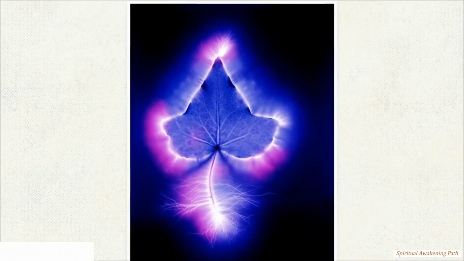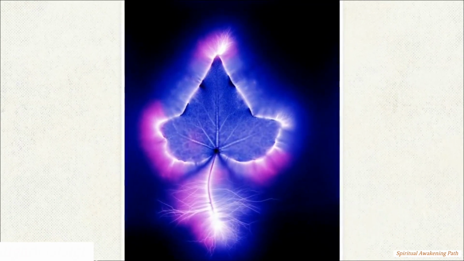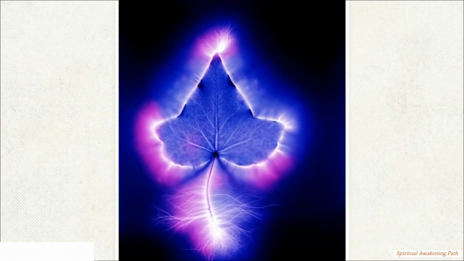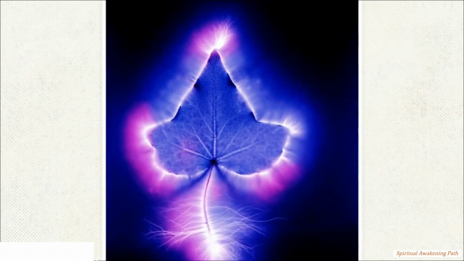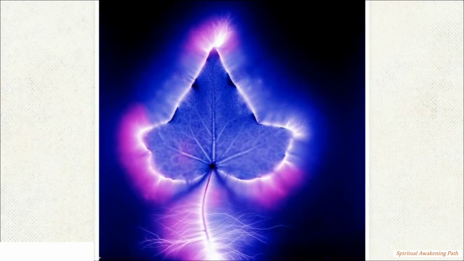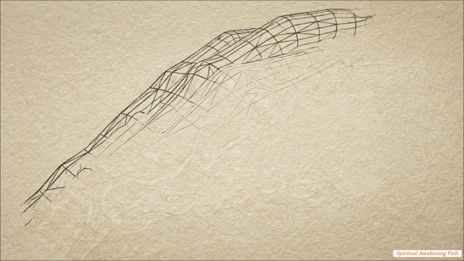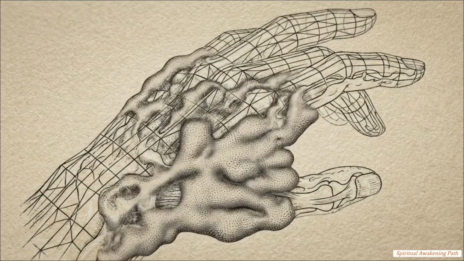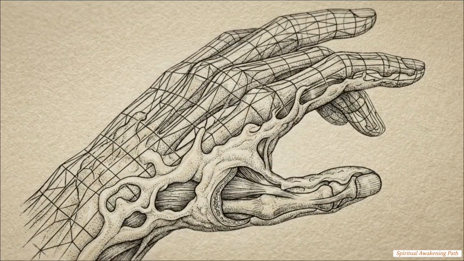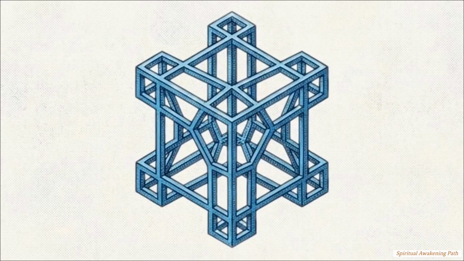High-voltage photography captured this image of a partially severed leaf. Despite the missing physical fragment, the coronal discharge reveals a luminous, complete energetic outline of the entire structure. This phenomenon, known as the phantom leaf effect, suggests that an energetic boundary exists prior to and independently of the physical structure it contains. In the framework developed by physicist and healer Barbara Ann Brennan, the physical body acts as